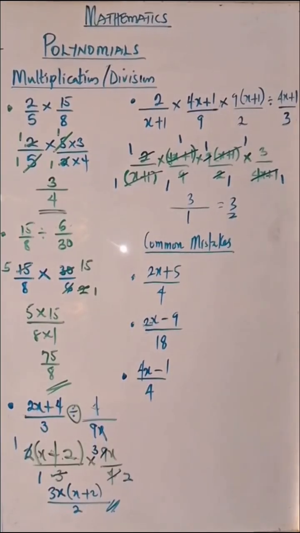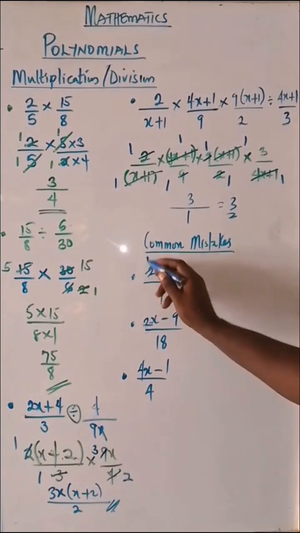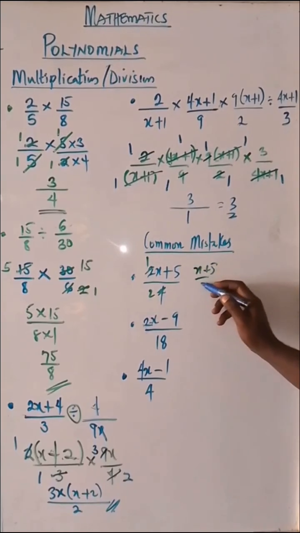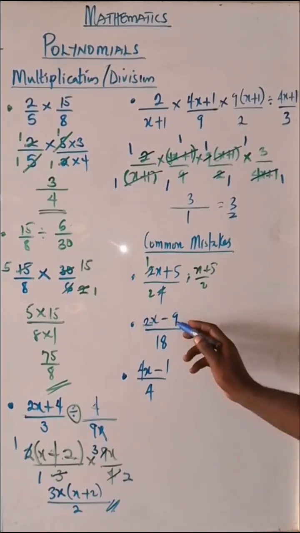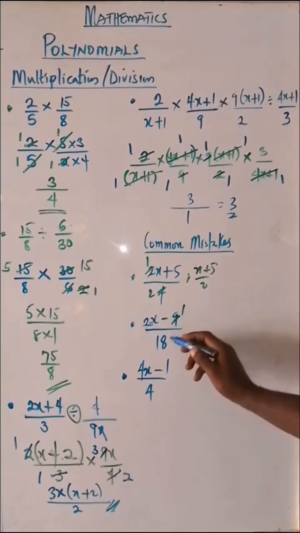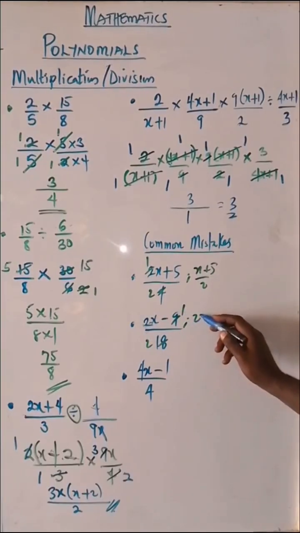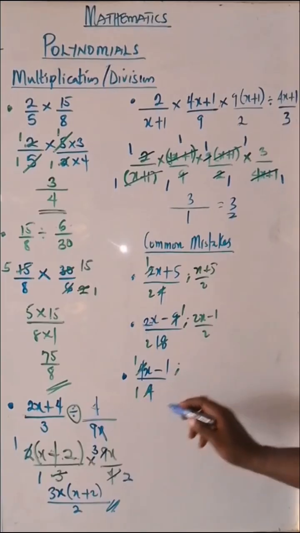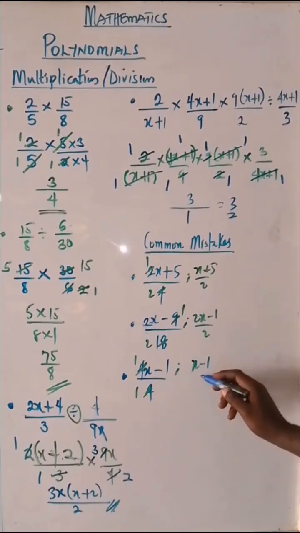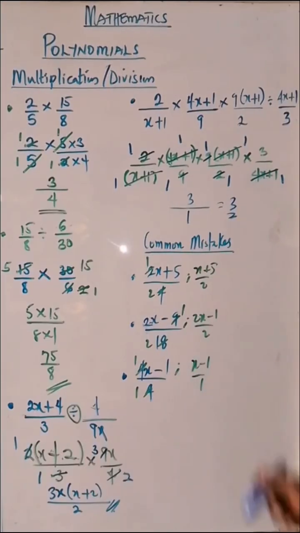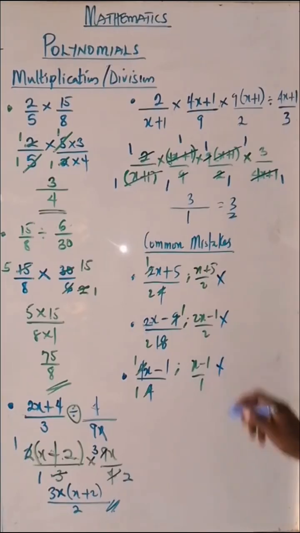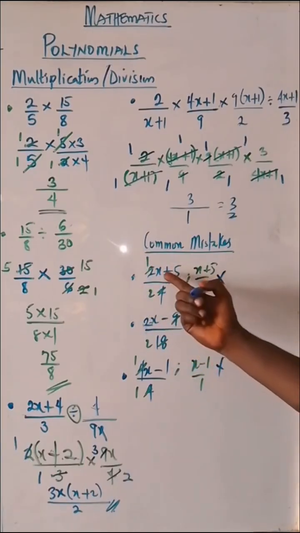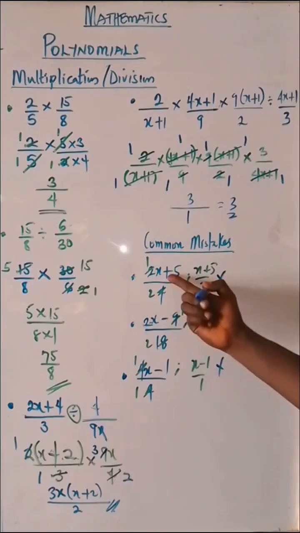Oh, for this question, you say 2 here 1, 2 here 2. So the answer is what? 1 times 3, that's x plus 5 over 2. For this one, oh, 9. So I can say 9 here 1, 9 here 2. So that's 2x minus 1 over 2. Oh, for this one, 4 here 1, 4 here 1. That's 1x, which is x minus 1 over 1. Wrong. We can only cancel numerator and denominator if what is between them is multiplication, not addition or